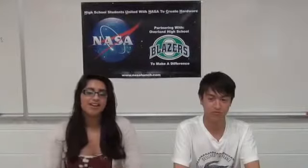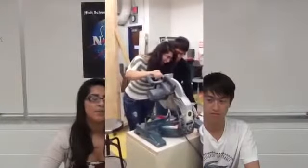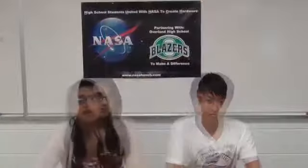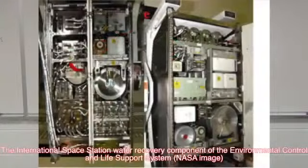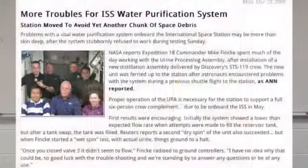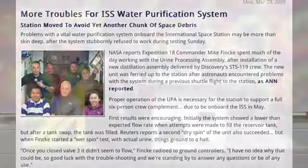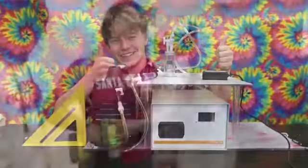So the first part of our experiment consisted of a water distillation system that we were trying to make do something different as opposed to what the ISS is using now. They employ a centrifuge which creates artificial gravity to separate the water from its materials and such. But having moving parts, it's liable to break down. So with our experiments, we're minimizing the amount of moving parts, and we hope to make it a backup system